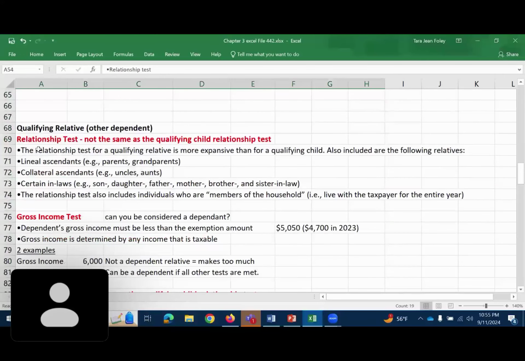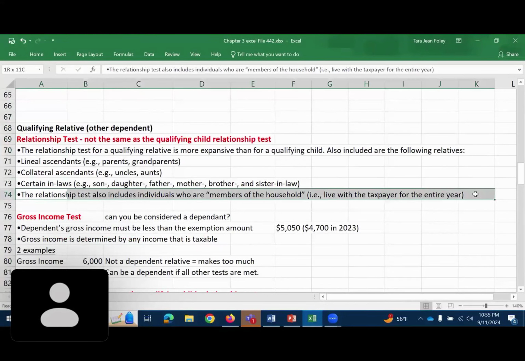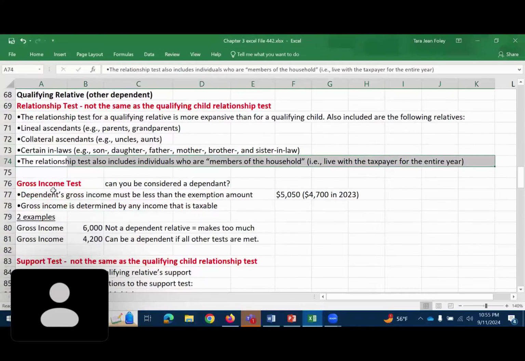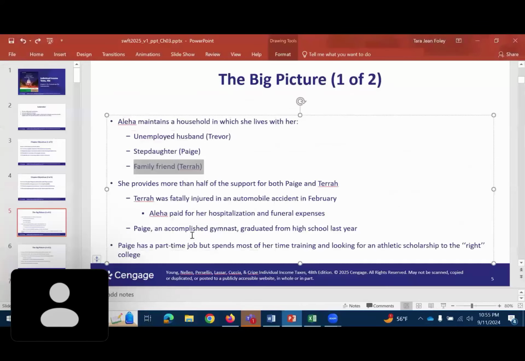Qualifying relative, relationship test, not the same. Tara is a member of the household, a person who lived there for the entire year. So she meets the relationship test. The gross income test: she was fatally injured in an automobile accident in February. We don't know if